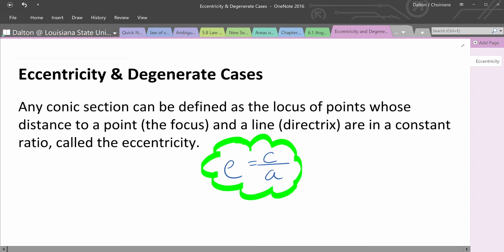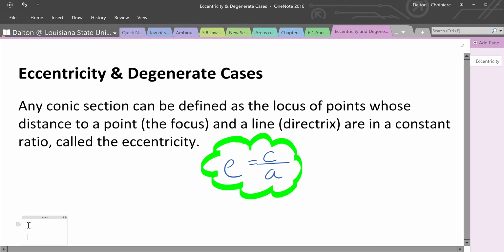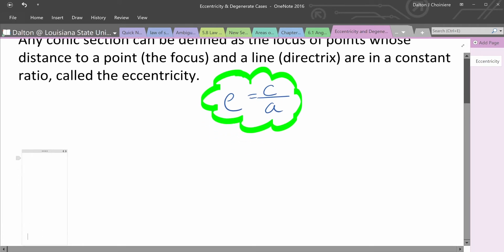So E is right along in there with all of the other qualities of an ellipse or parabola or hyperbola. It's another part used to describe one of its features, just like the location of the focus, the location of the directrix, the location of the vertices, how far it is stretched, the values of A and B, and that's it. And so it's found by taking the ratio of C to A. Now, we probably know what A is without much thought because we recognize A from the equations, but C, it may have been a little while since you've done a question on an ellipse or hyperbola,